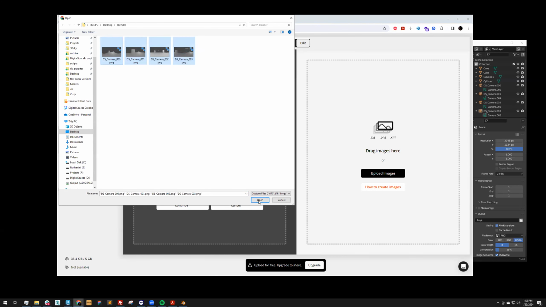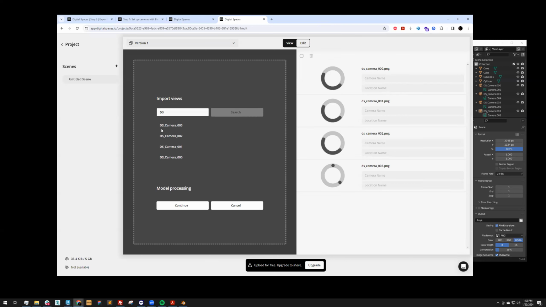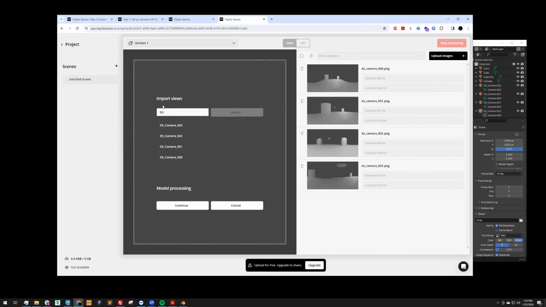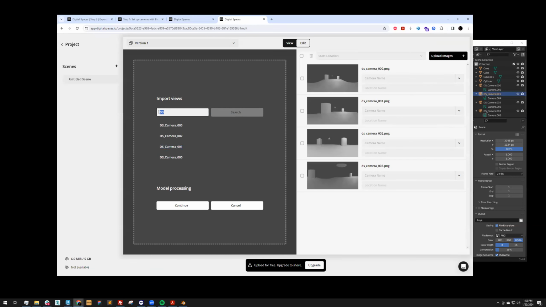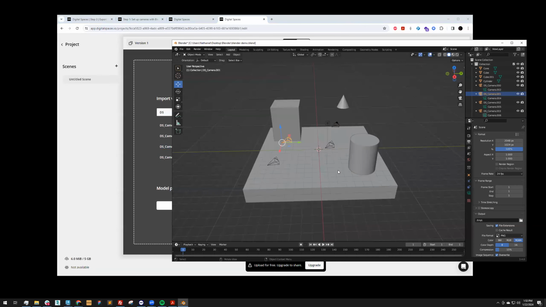There they are. And so here we read your model and now we have found some cameras. And you'll see that we're searching this prefix DS, and those are our DS cameras. And I was saying earlier, you should try to name with the prefix DS underscore. That's because that's the first thing that we search for, anything with DS in there for your cameras. And the reason why that is, sometimes Collada files might not read all different camera types that are in Blender. And if you've ever experienced this, exporting from Blender, bringing it to another application and your cameras don't come in,